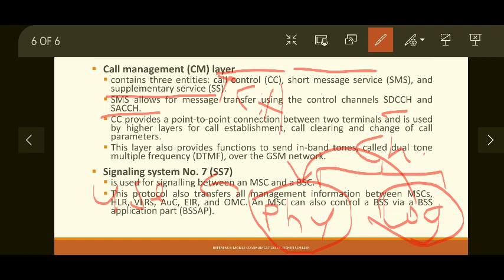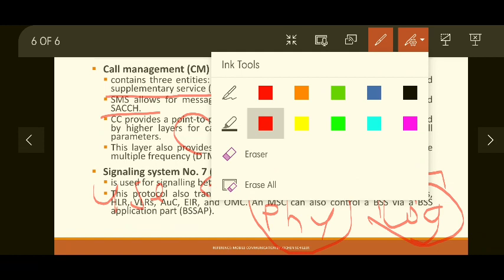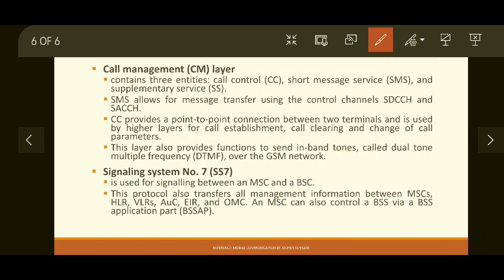Then if control information is transmitted on a physical channel, then the control channel is a type of logical channel. Control information like making a call, sending an alert, or requesting a subscription service, whatever it is. So like that, there are several logical channels. Details you can find in the book, but right now it is out of the scope of current discussion, so we will skip it.